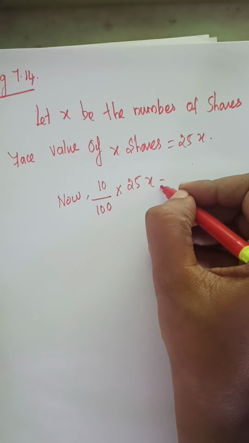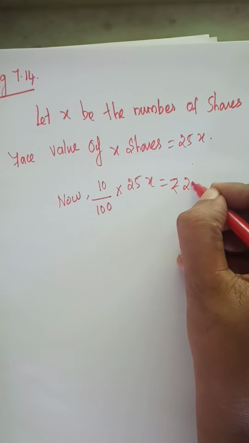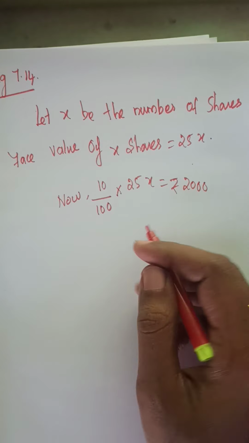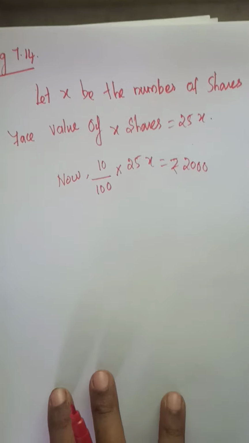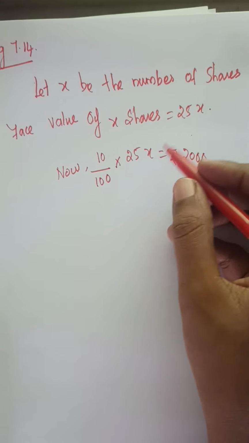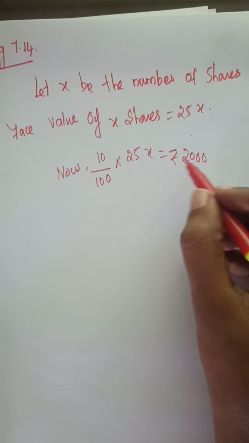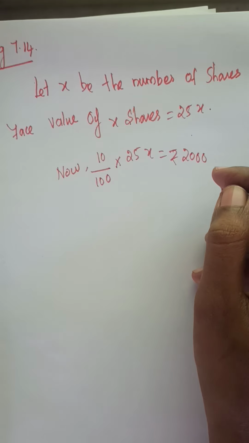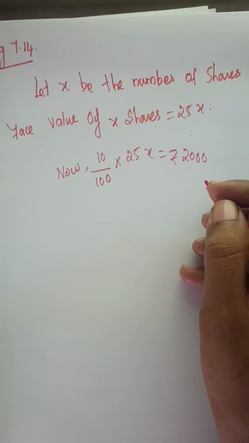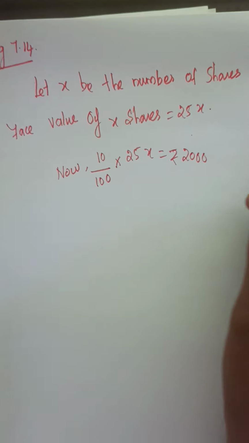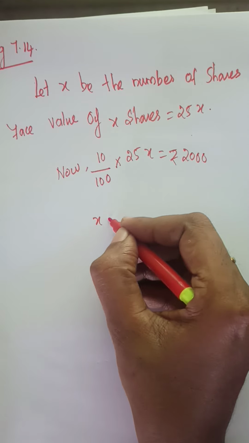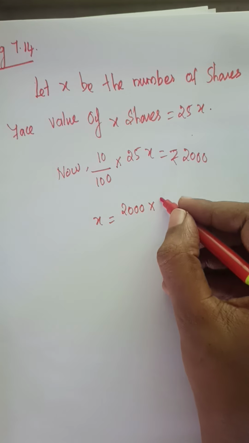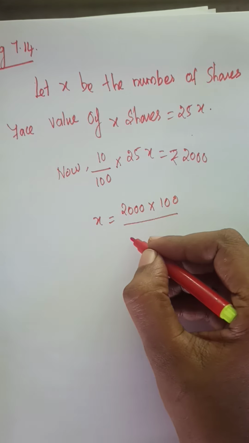So 25 into x is equal to how much? The value is given as 2000. Understand? According to the given statement, we will write that 10% of 25x is equal to 2000. From this, shall we find the x value? Bring all the terms to this side and we will find x is equal to 2000 into 100, since 100 comes to the numerator, divided by